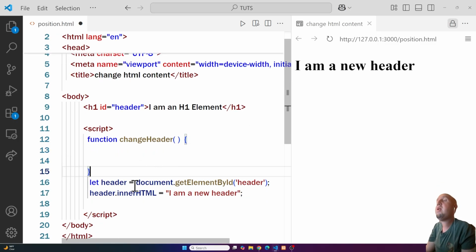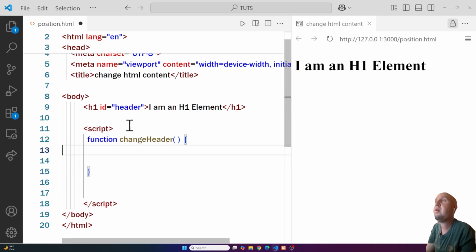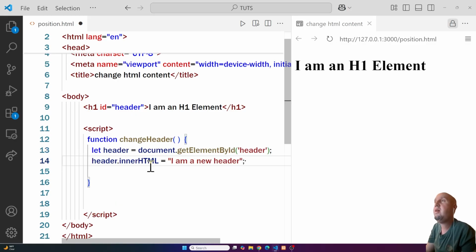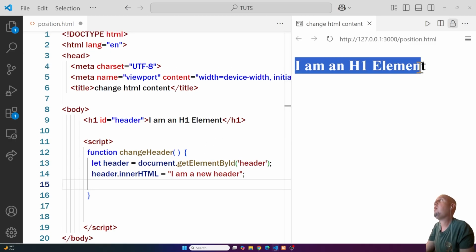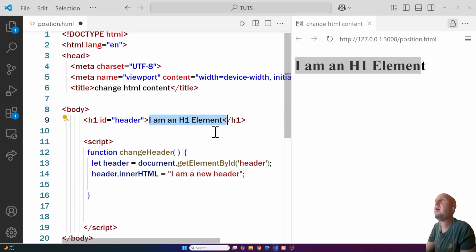So inside of these curly braces, we are going to move this code from here and place it inside of this function. So you see now it's inside of the function and it's not changing. You see the default text, which is "I am an H1 element," and you can see it